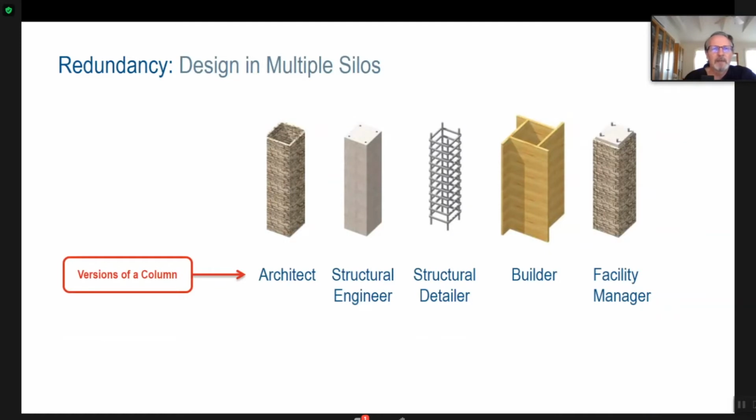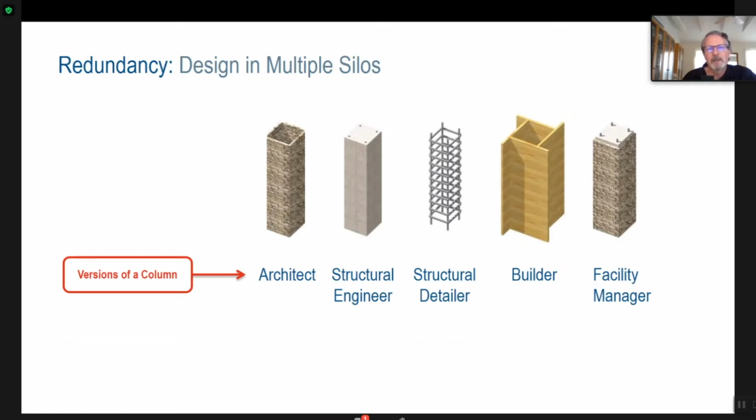This is the same idea again, but I like this. I've been using this for about 15 years now. This is an architect's view of a column. It's the cladding on the outside, and it's the clearances required by code. This is the consulting engineer's model, and it's just showing the size of a concrete column or a beam. Then there's the structural detailer. They have the rebar inside the concrete that the engineer is not showing. And then there's a builder deciding I'm going to use wood formwork or metal formwork, and how am I going to set it up and make those connections, and how am I going to reuse it?